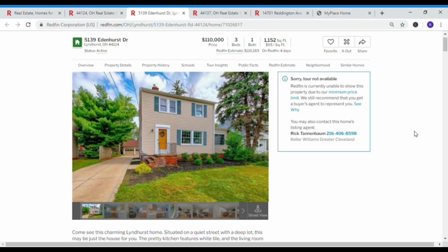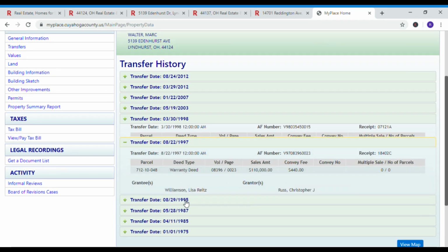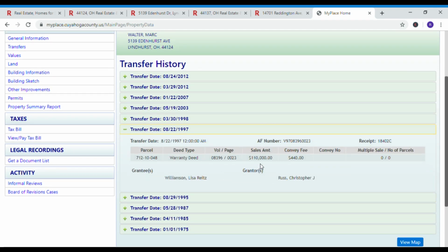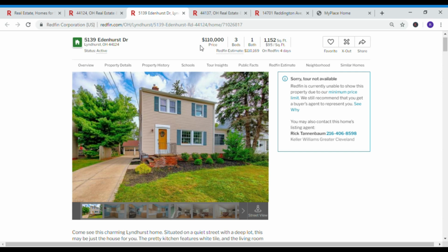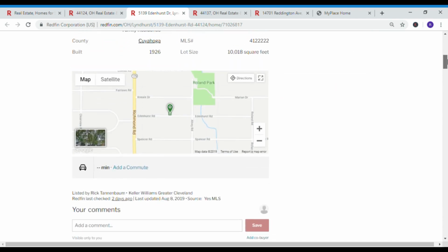value. If we look even further back in time here, we can see that it sold for $112,000 in 1998, and in August 1997, 2 months after I graduated from high school, hashtag feeling old, it sold for $110,000. So at the $110,000 listing price in 2019, this house is now the same price as it was 22 years ago. The census tract where this house is located has a median income of a little over $75,000,